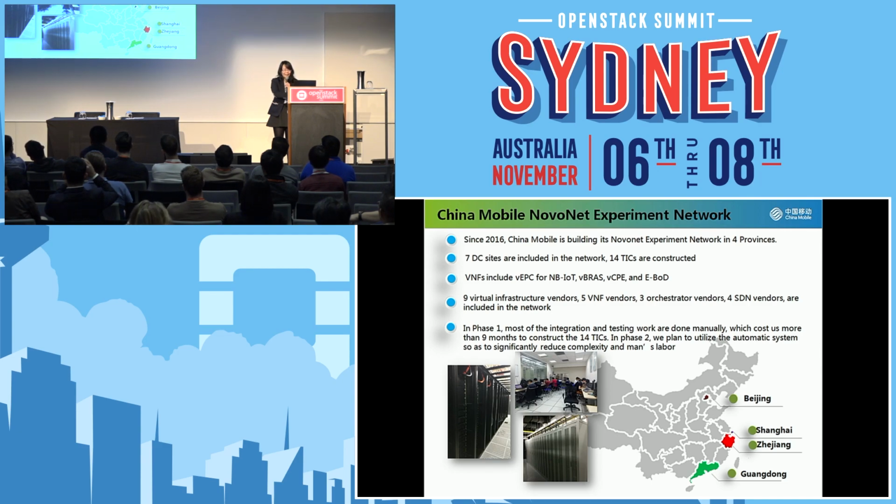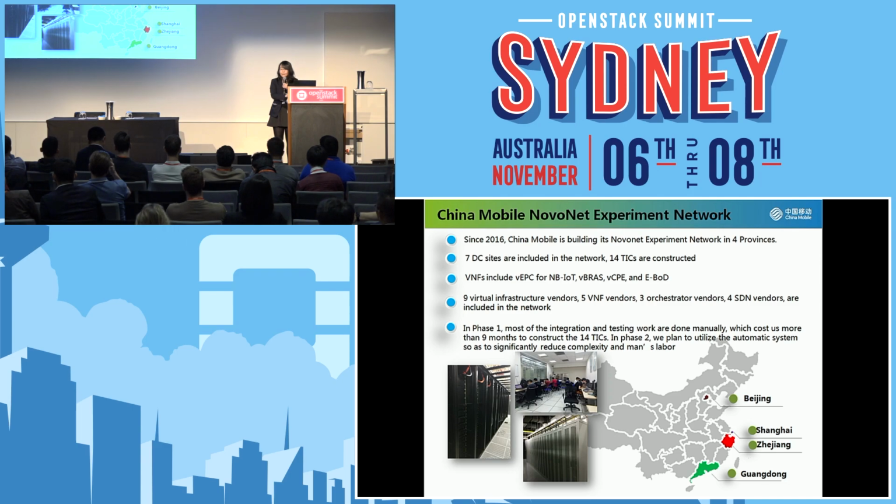The problem we actually have is here. We have 9 virtual infrastructure vendors, 5 VNF vendors, 3 orchestrator vendors, and 4 SDN vendors considered in this network. So you can see it's totally a mess. It's almost impossible for us to mix all these things up. So in phase 1, most of the integration testing work was done manually, which cost us almost 9 months to construct these 14 ticks. So that's why we decided that in phase 2, which began this October, we will try to use our automatic system to do so,